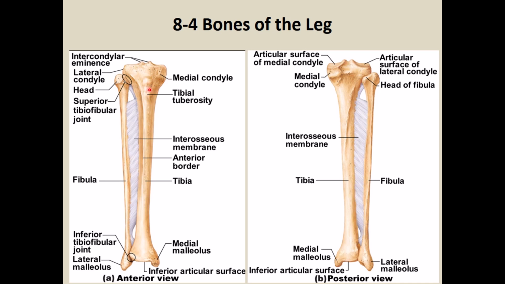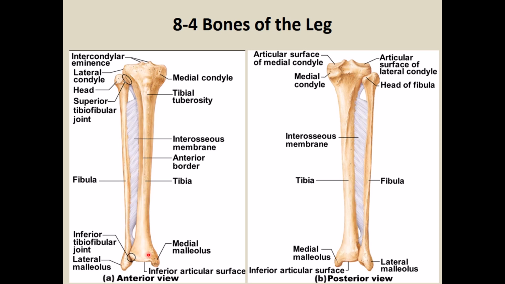Anteriorly, you can see the tibial tuberosity. This is where the patellar ligament attaches, coming from the patella. And then this sharp area that you see, this is the anterior border. Okay. And then distally, the tibia